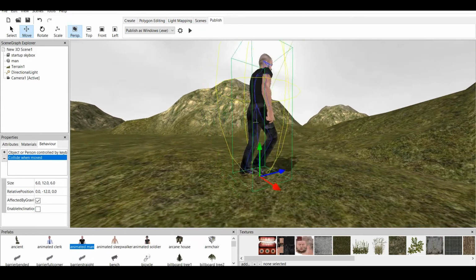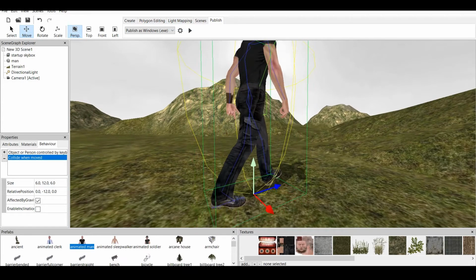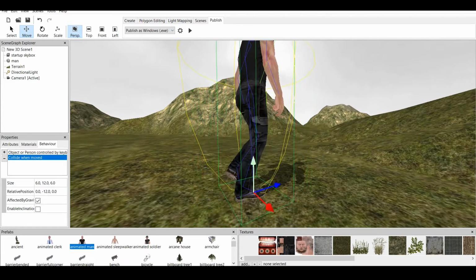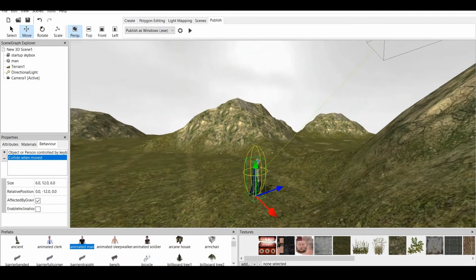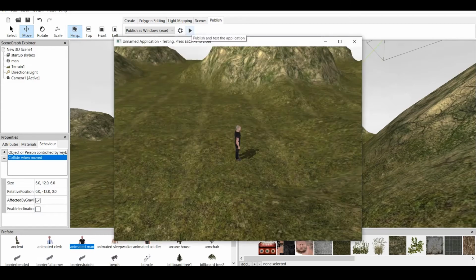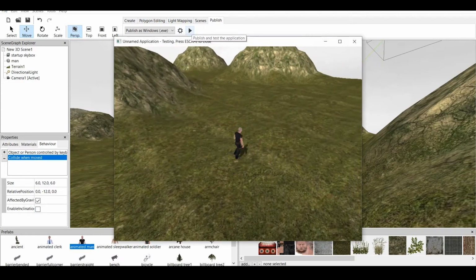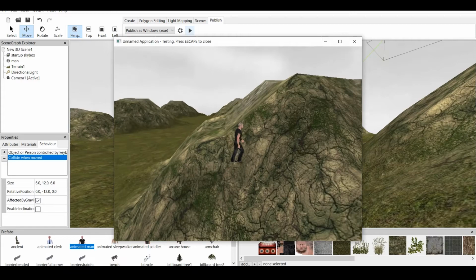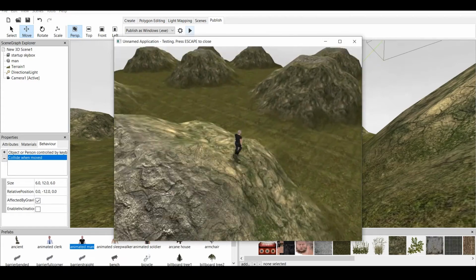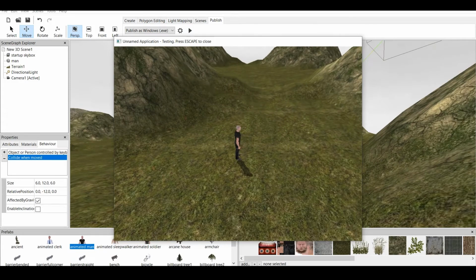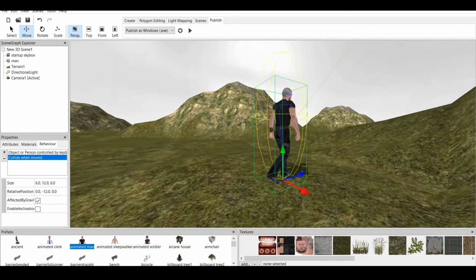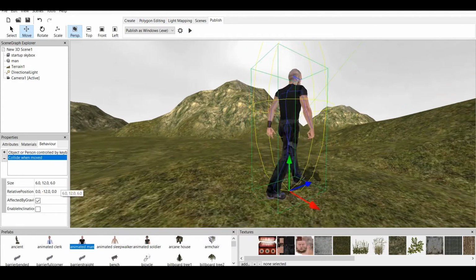And now as you can see, we have collision for the character. And now he can go freely and have a normal collision. If we press on play, you can see the character has much better movement. Well, kind of. It still has that not touching the ground aspect to it. And you can